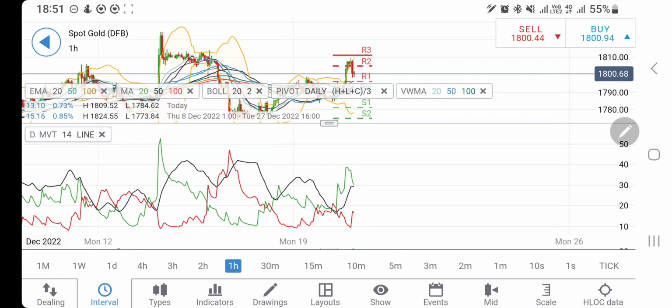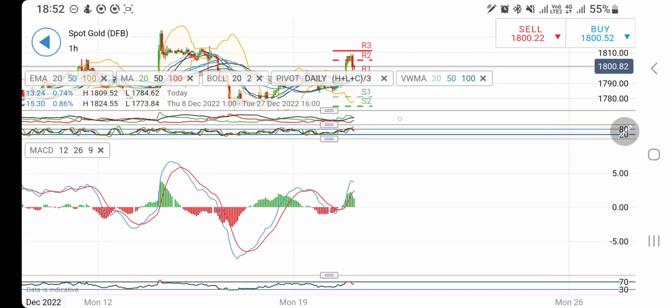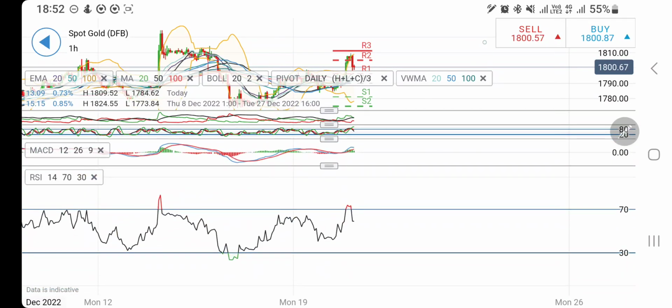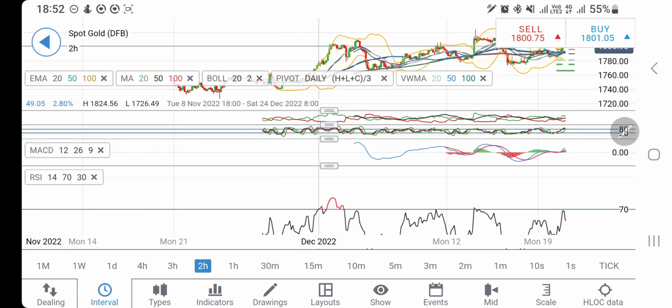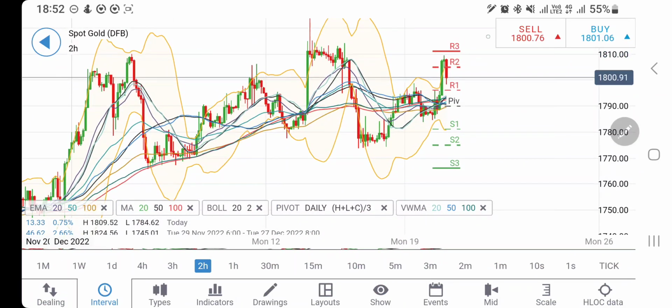Now if you look at the directional movement is bullish and it is trying to converge. The stochastic has seen overbought levels, now looking downwards. The MACD is bullish and it is trying to converge here, crossover for a sell. RSI was overbought, now looking downwards here. And if you look at the 2-hour charts, on the 2-hour charts you can observe likewise, see, higher bases are